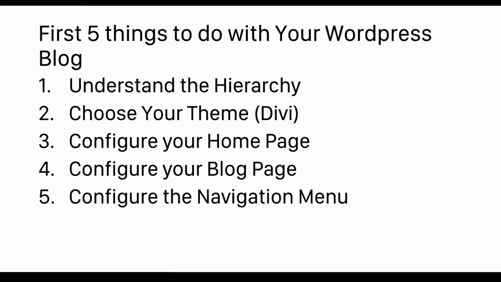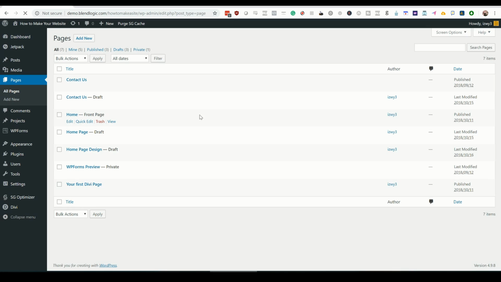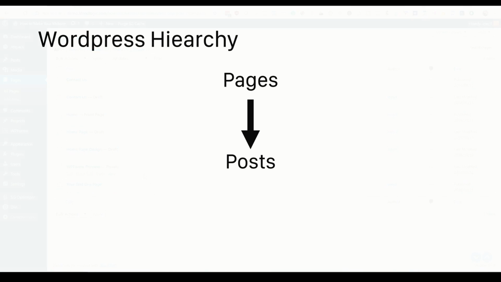Right, so we're going to be going over what to do when you have WordPress installed. Like we mentioned, the first thing we're going to be talking about is the WordPress hierarchy. Now, when you're using WordPress, what you have in the beginning is WordPress pages. These pages are the top level content that you're going to be distributing and using for your site. These typically contain things like the About page, the Contact page, or the Blog page. And after you make these pages, that's when you'll be hosting your posts.